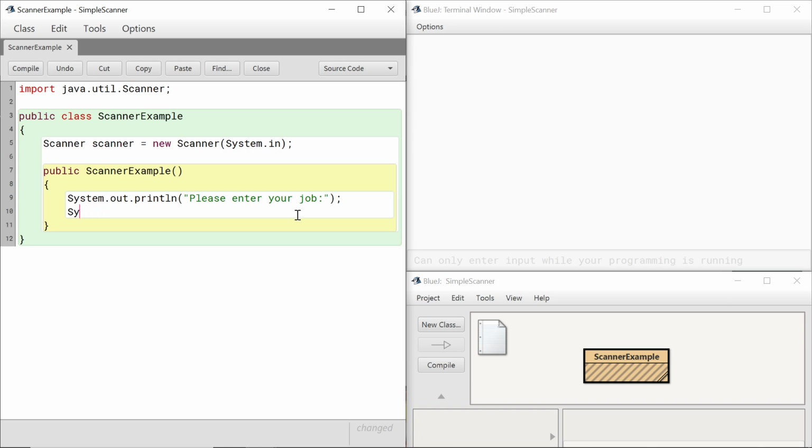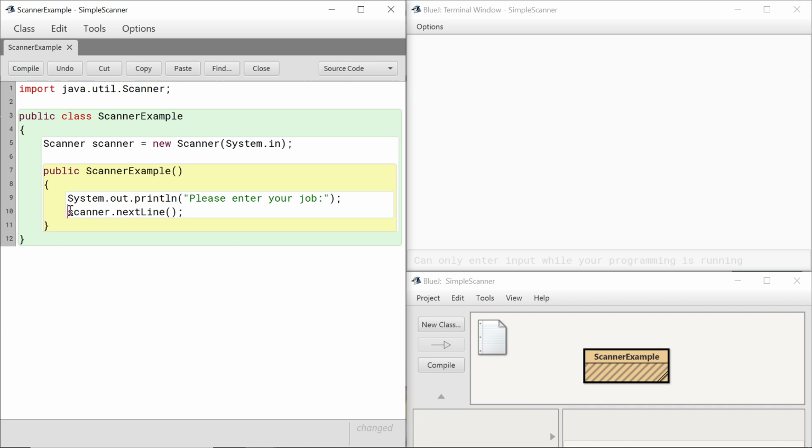Now we need to retrieve the input from the user. So all we need to do is get the input: scanner dot nextLine, which reads the next line entered,